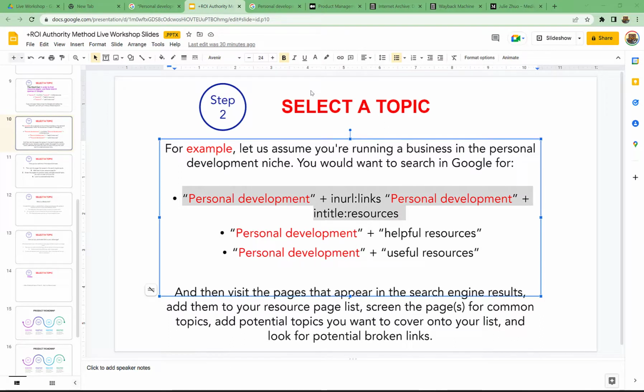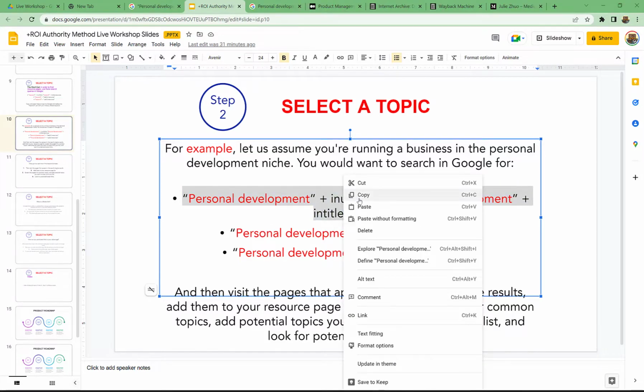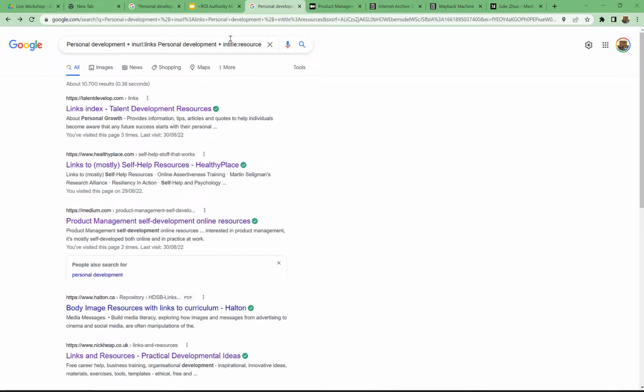So you first start by copying this query here: personal development plus in URL links, personal development plus entitled resources. You just change the personal development part to a keyword that describes your industry. And then once you copy that and paste it onto Google, which I have already done here, you get